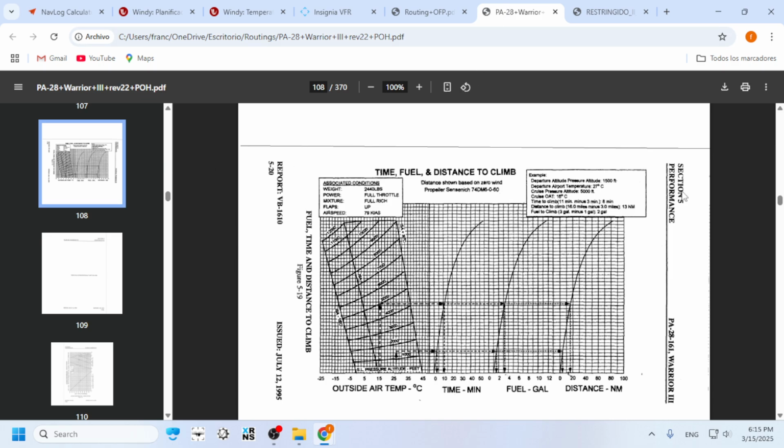Always read it from the left to the right, right? And then this is an example. You can follow the example. So the point is that first you do the altitude that you're at and the temperature that you're at. Okay, so in this case we have 7 degrees of temperature at 3,000 feet. We are going to start from 3,500, so we go to here and then we go to the reference line,